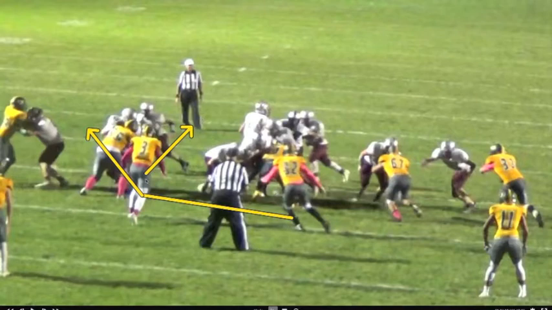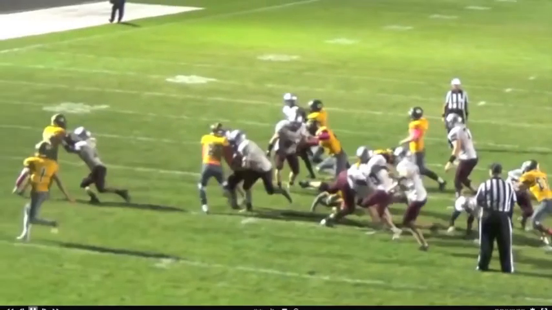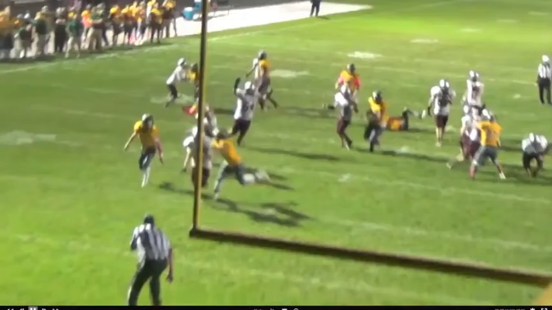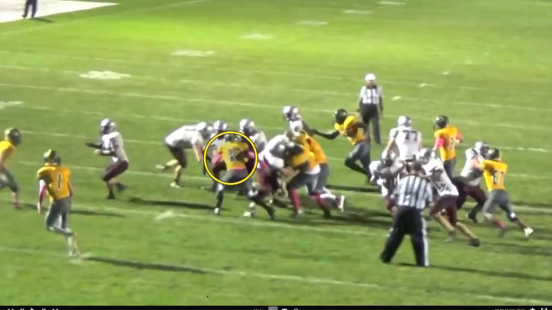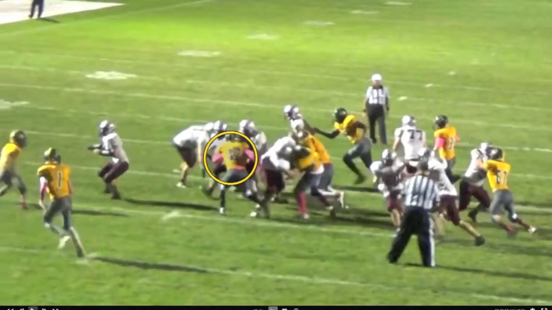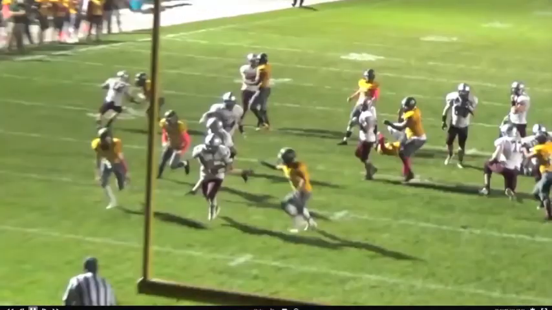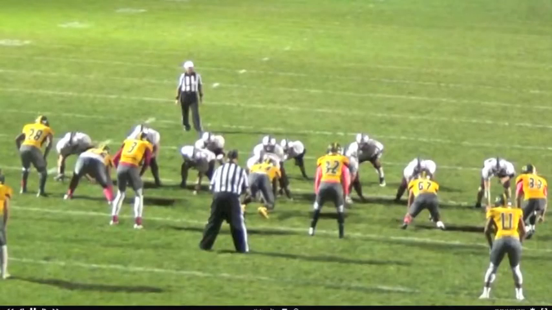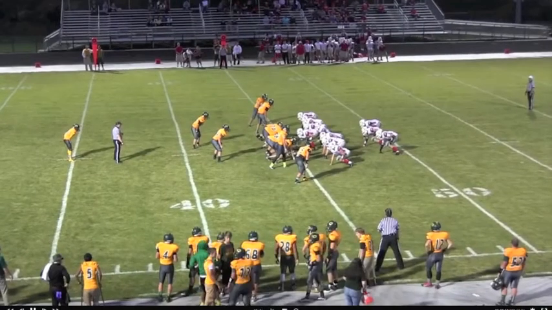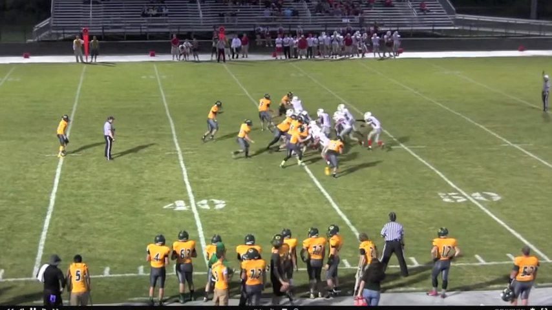And our will linebacker's got to scrape across. That's the way we teach that. Problem is he's working out to the keep and doesn't fit that power fake nice and low, and that's a big, strong running back. This is Delton Kellogg. We've had some really good battles with them, and they go in, and ultimately, I believe that was the winning touchdown. One more power,